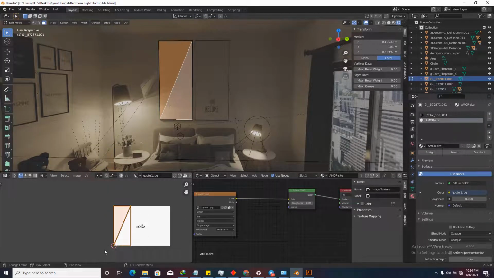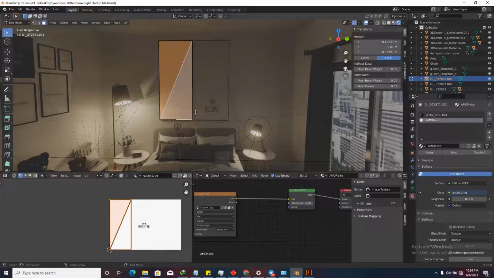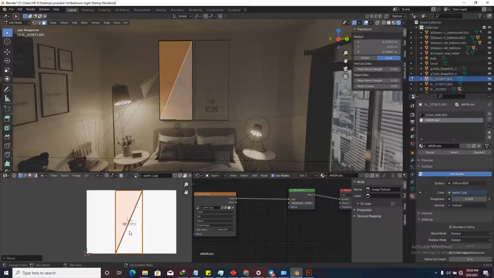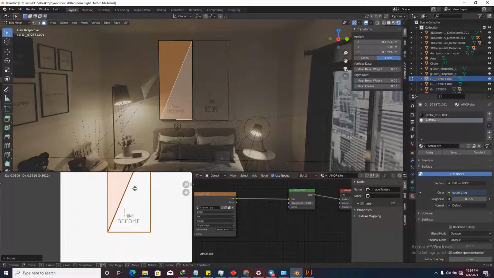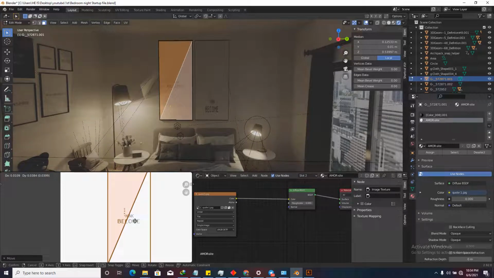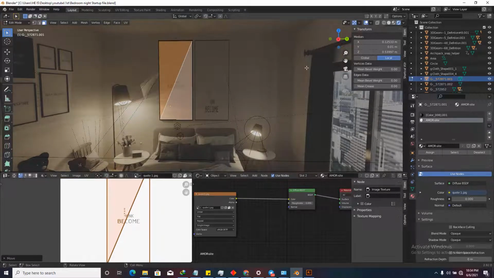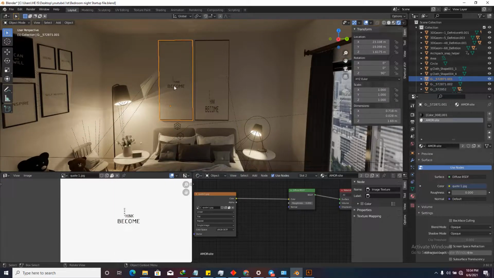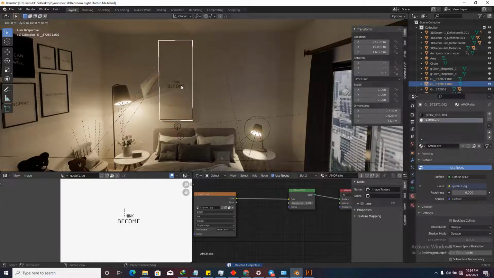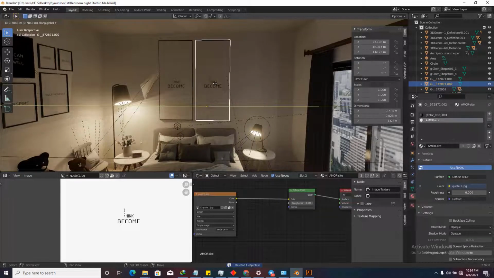now as you can see, the unwrapped image is correct. As you can see, the length and the width is proportional to this one. So I'm going to select everything right here, and I'm going to move this one right around here. I think let me make it in the middle. Right, I think right here is good. Since this one is properly UV unwrapped, I'm going to delete this one, and I'm going to press Shift D and then Y. I'm going to duplicate it right here,